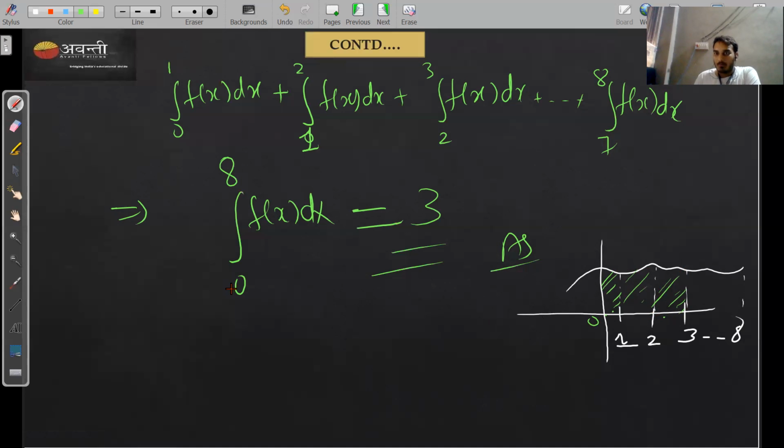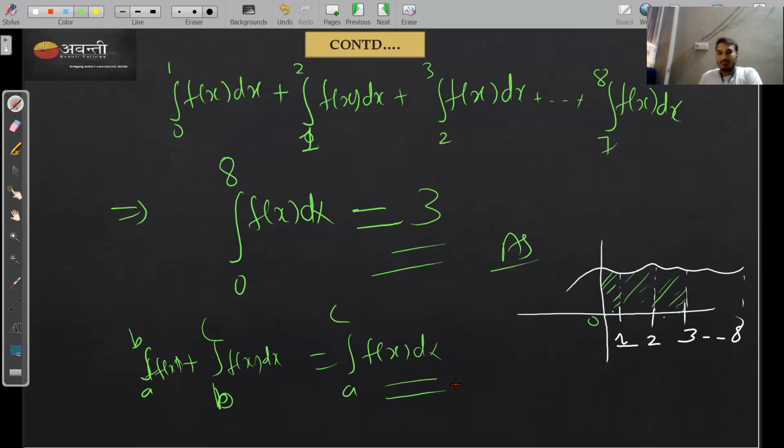And you know this is also a property, right? Integration a to b f of x dx plus integration b to c f of x dx is equal to integration a to c f of x dx. So that's why I use the property, and the value of this is given already in the question. So that's why the answer is still 3. So it's an easy question compared to the kind of questions we have done in definite integrals. So this should be an easy problem.